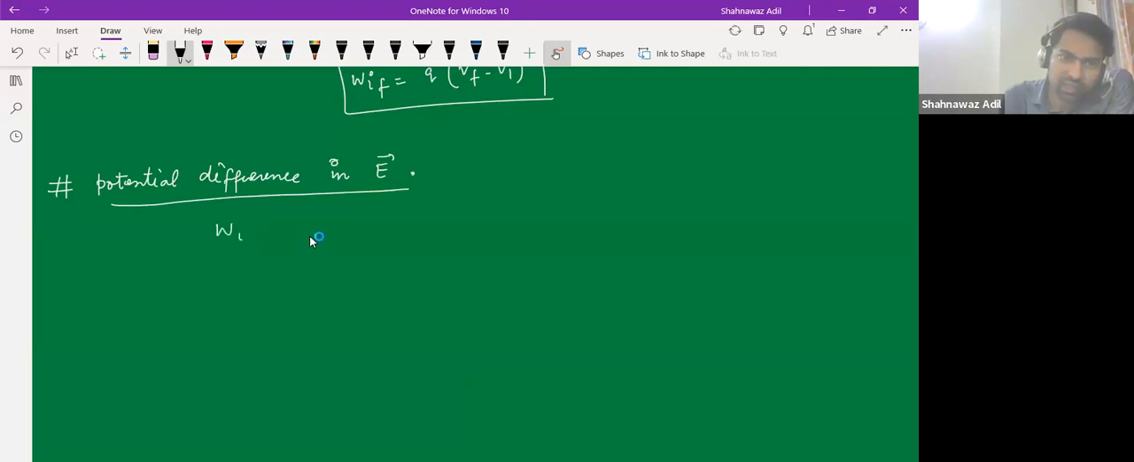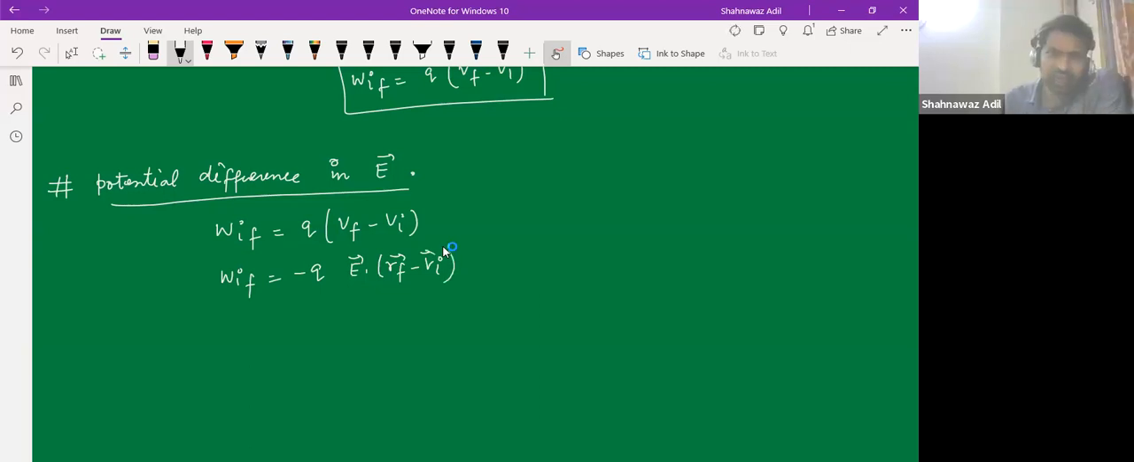We know that work done is Q times V final minus V initial, and we also know that work done in the presence of an electric field is Q times minus E dot (R final minus R initial). Right, this we are doing for a uniform electric field. So then what would be, if we compare these two things,